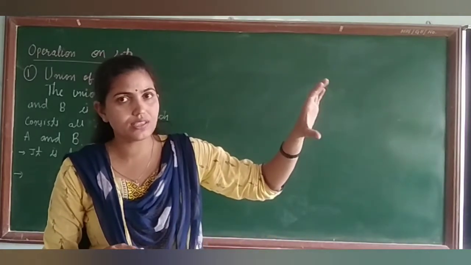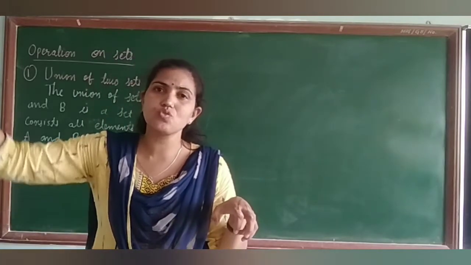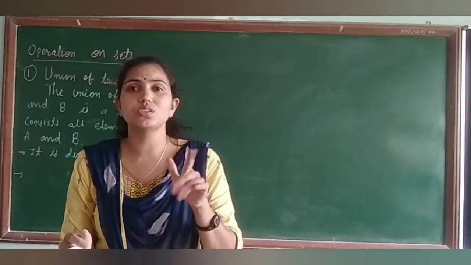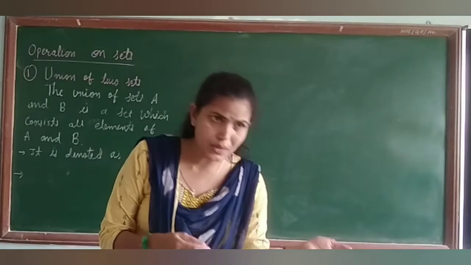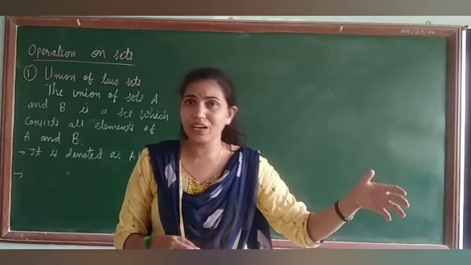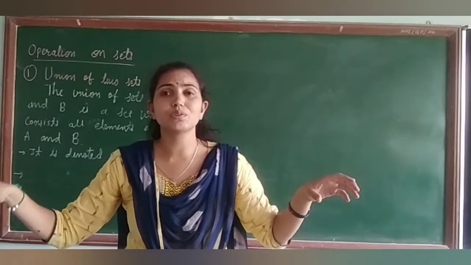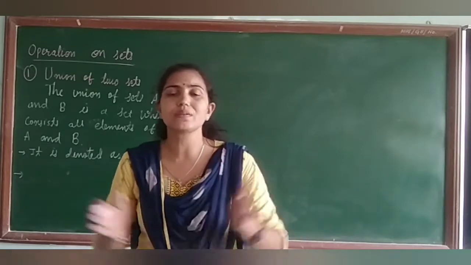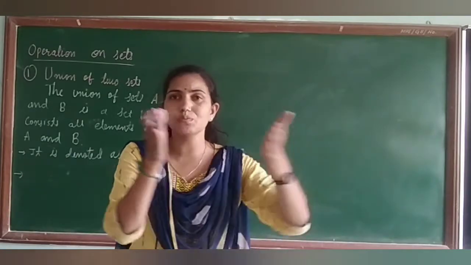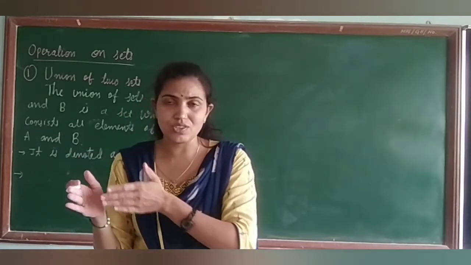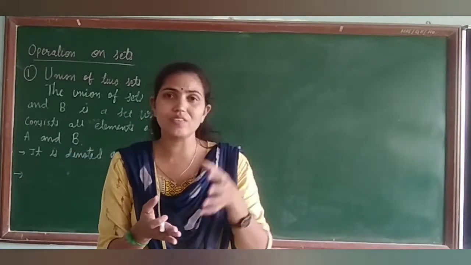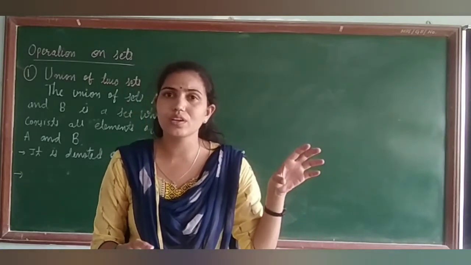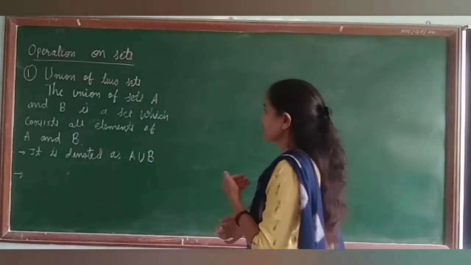So if you have A is equal to 1, 2, B is equal to 5, 6, then A union B is 1, 2, 5, 6. That is the set which is called the union. In another aspect, you can say A is equal to the set of the girls of class 11 science, B is equal to the set of the boys of class 11 science of your school. Okay, then A union B is all the students which consist of girls and the boys of class 11 science, right? Then A union B will be a set which consists of all the students of class 11, that is a union. Understood, students? So let me write down these things.